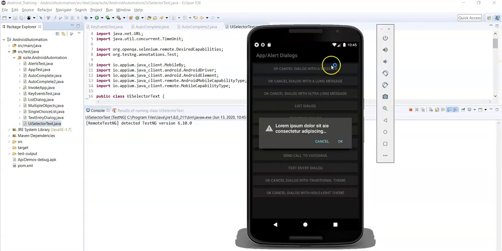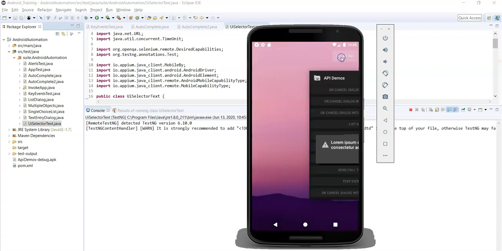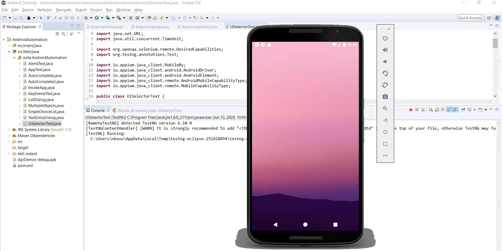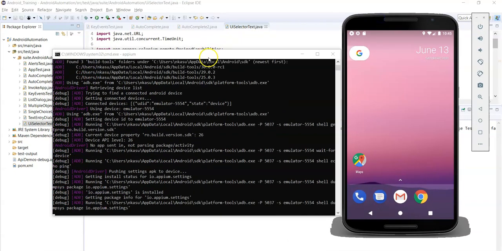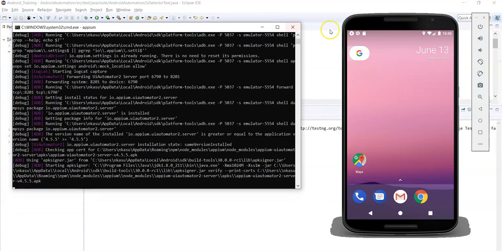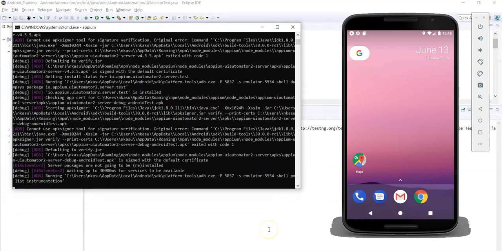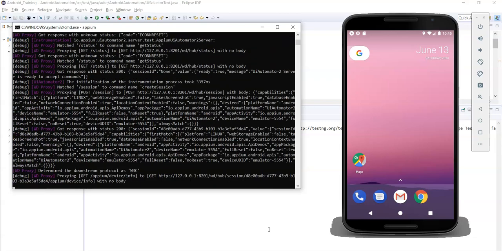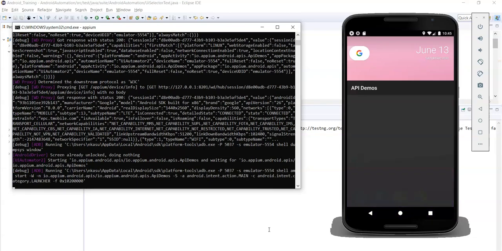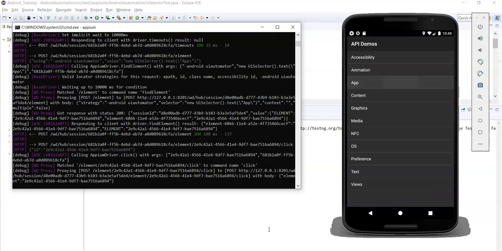You can close this app. You can also see the logs from the command prompt, right? The app is opened.